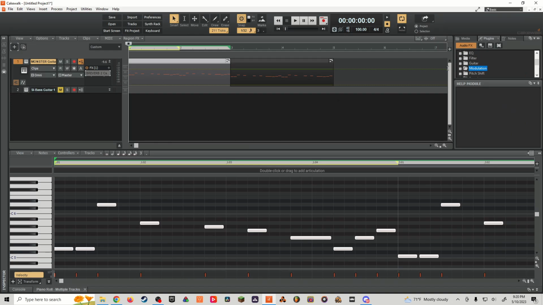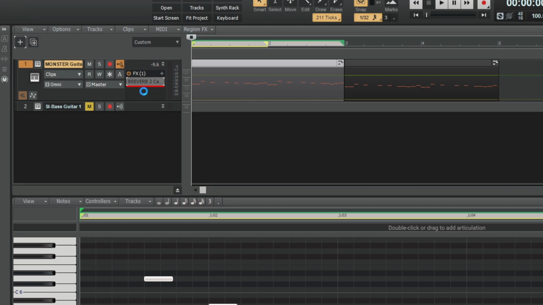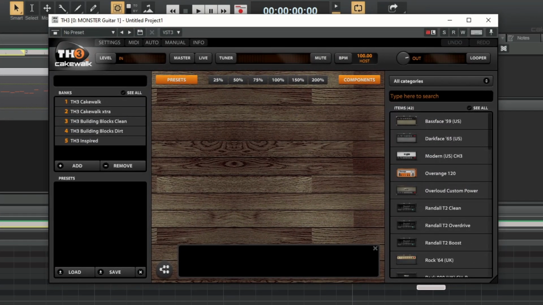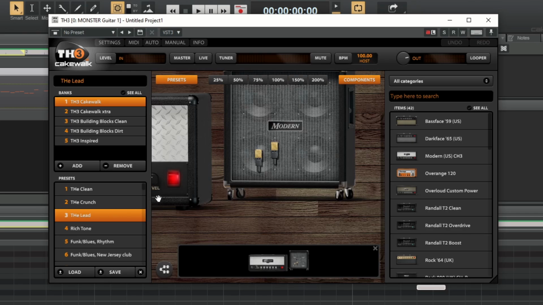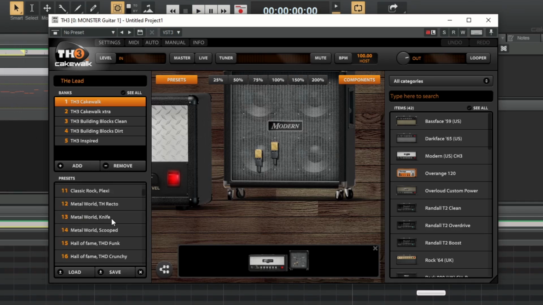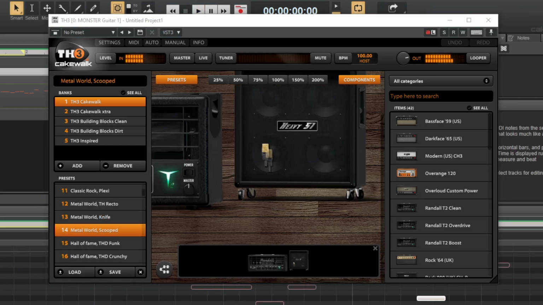So you can use it for like an actual acoustic guitar, or you could go into the guitar here and put in TH3, which is the guitar amp that comes with Cakewalk, and it's actually surprisingly good. We go here, just put in one of the presets, but that's not the only one. If we turn this down an octave again,